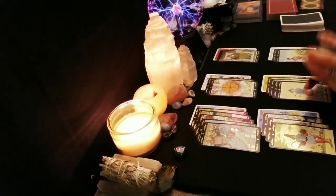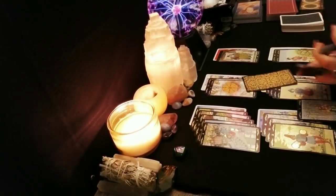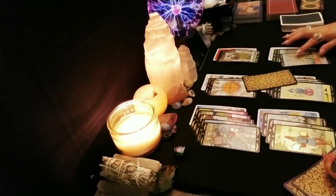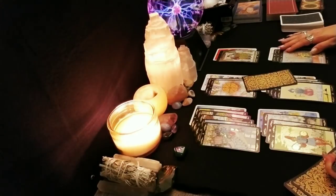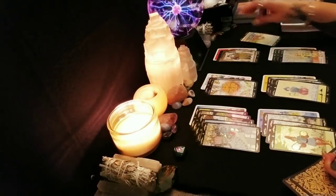Clarify the Seven of Pentacles, please. But they're guarded. They got the Nine of Wands. They're a little bit wounded. They're a little wounded. However, I'm going to say that